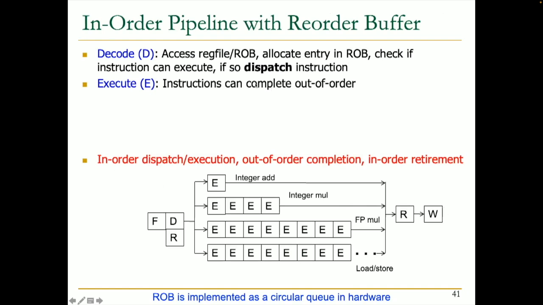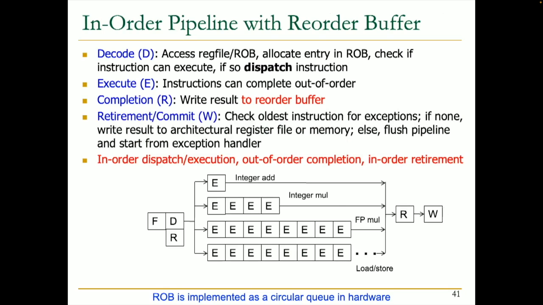During execution, instructions can complete out of order, as you can see, out of program order. No problem, because when the instruction completes, you write the result into the reorder buffer, which is a microarchitectural structure. You don't update the architectural state. And there's an asynchronous process. So the retirement and commit is an asynchronous process. There's a finite state machine or control logic in the back that checks whether the oldest instruction is ready to finish,